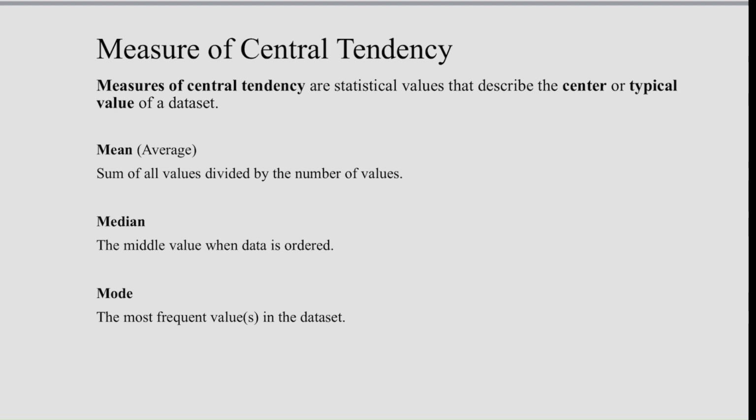Now mean is something that we are used to calculating since our school days. Median is nothing but the middle value of a particular data set, and mode is the most frequently occurring value in the data set. So let's have a look at it one by one. So if I calculate the mean, and I have some house prices,